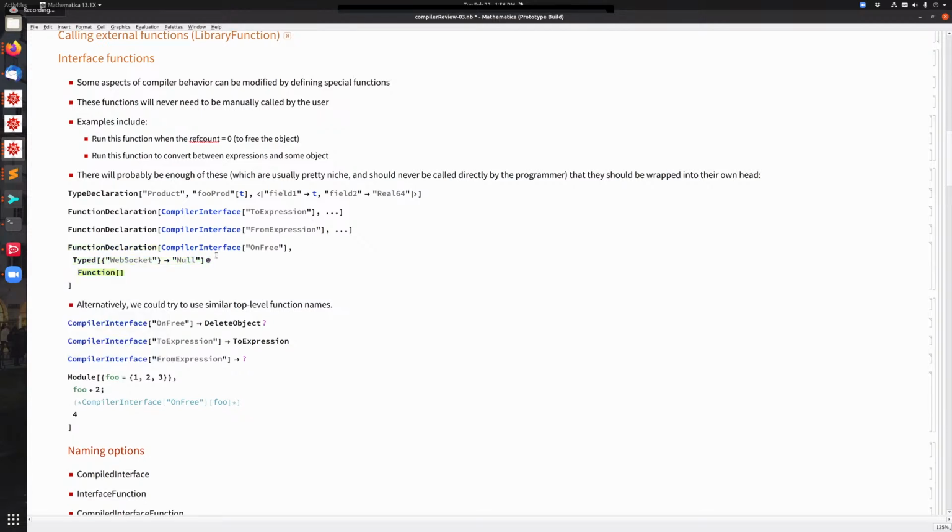Right. And so when this invisible function gets called, foo, in this case, is a packed array, and it's going to call the packed array version. If foo were a WebSocket, then it would call this version, right? Just because that's how the type system works. But so wait a minute. When you give a function declaration, normally,